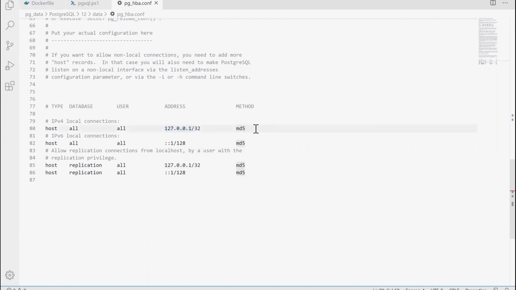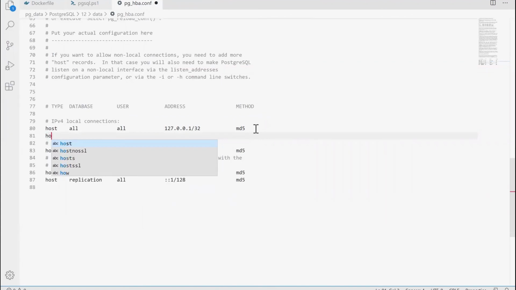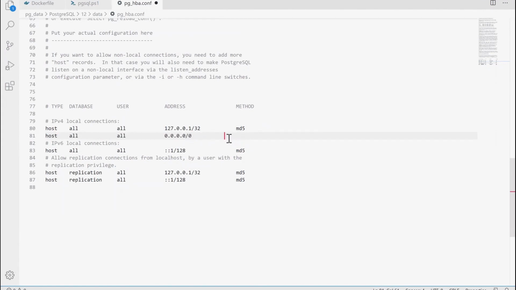If we want to allow connections from outside, we need to add a line here: all, open from anywhere, or else you can whitelist your IP address to make sure you give access only to a specific address, with MD5. This is the line that you have to add, and then save this file.